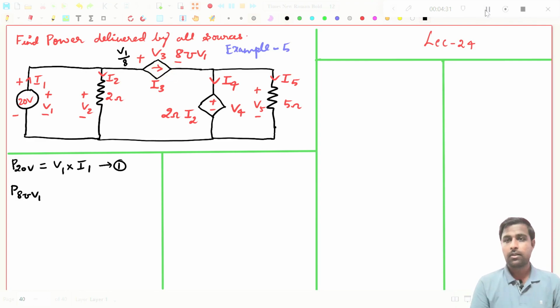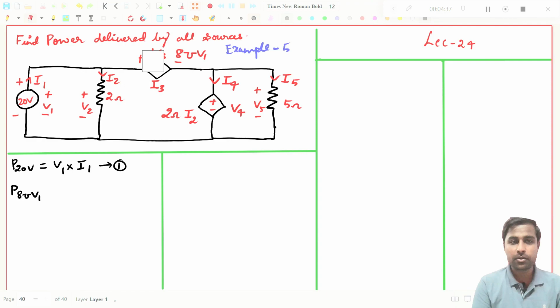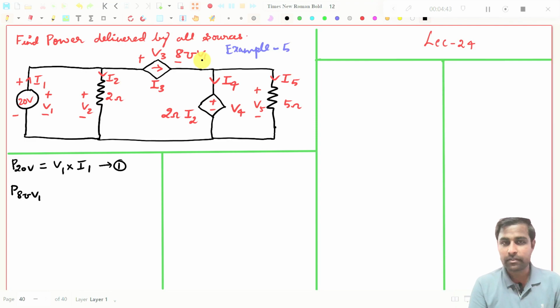Right? See, this is actually 8 mho. That means it is given as 8 into V1, right? So 8 into V1, not V1 by 8. Anyhow, this is actually 8 into V1, right? Mho, which is nothing but, this is actually a current source. So they have given it in the mho values, right? So I will write here that should be equal to,